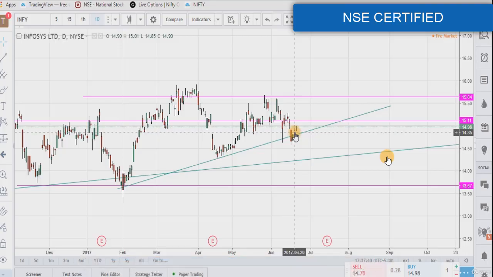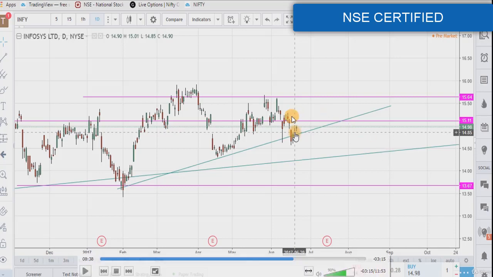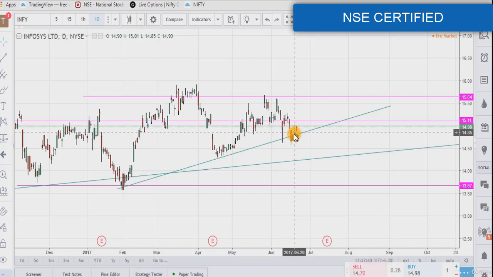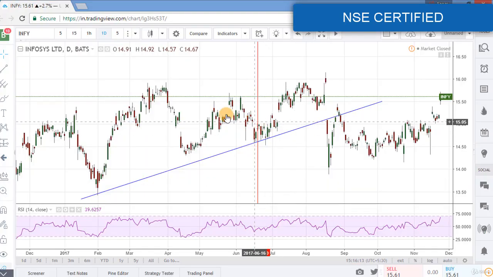Our second stock was Infosys. It was in a short term uptrend and we could buy the stock because it was touching the lower trend line. So it was our buying position. Now we will analyze the current position of this chart. It was 20th June 2017. This was our last chart and this was our position on 20th June, and here we could buy the stock because